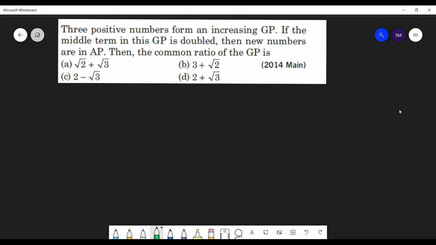Quite an easy question, students. We have done similar kinds of questions earlier also. Very simple question. Students, each and every word here is important. In these exams, each and every word that is given to you is important.